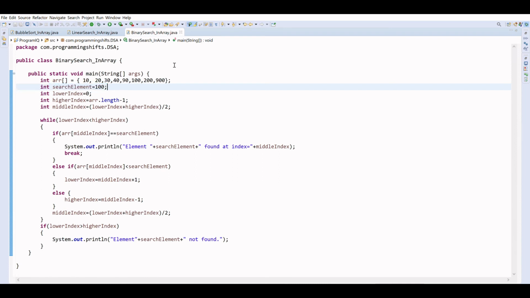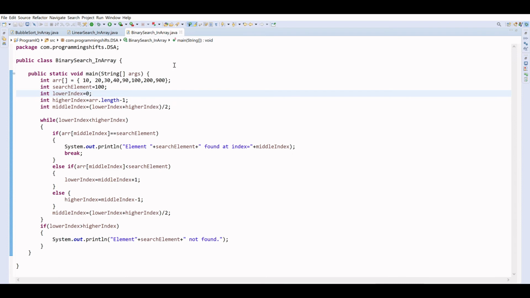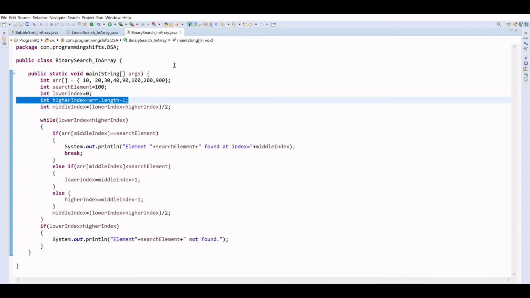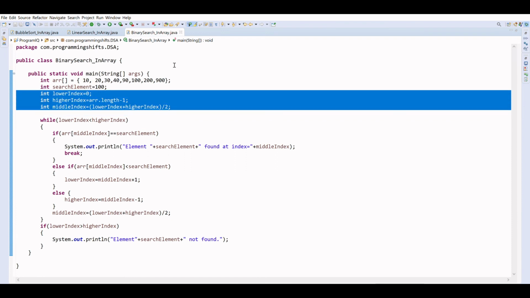We take the lowest index as 0, the highest index as the length of the array minus 1, and mid as lowest index plus highest index divided by 2. These three should be initialized before the loop.